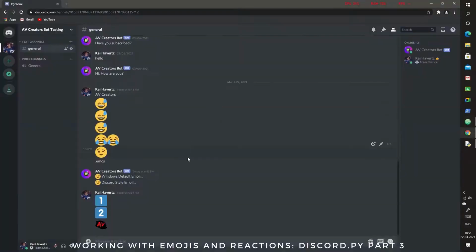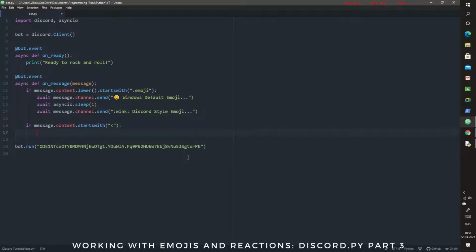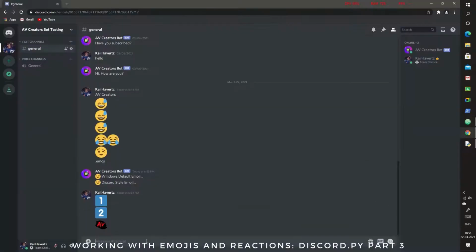So as I told you, the emoji form starts with angular brackets. So let's just do if message.content.startswith, and here we'll go like this. Okay, so this actually even happens for our mentions.